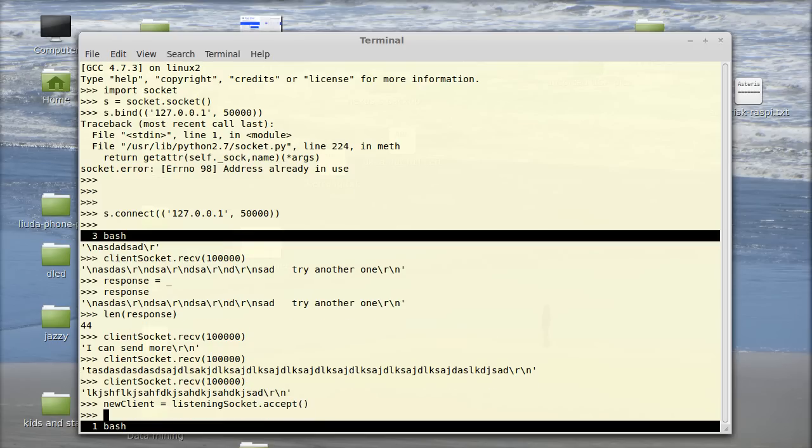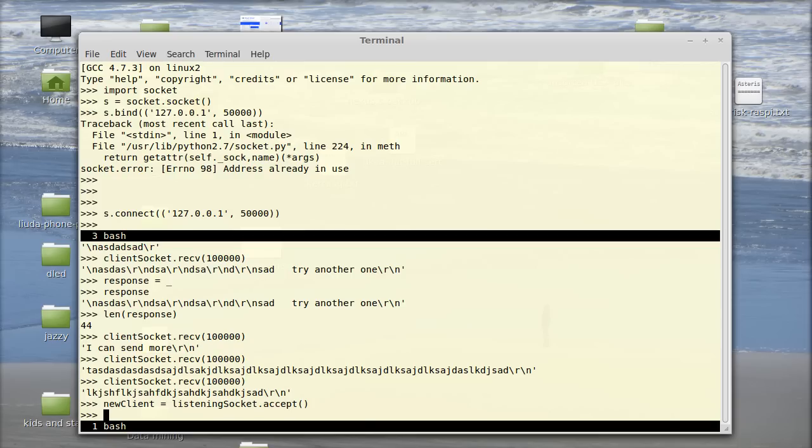What did I just do? Could you provide some comments? Yeah, so now I have three sockets. The listening socket, which keeps accepting connections. The first one called client socket, which is mapped to my telnet connection. And the other one is the new socket, which I called new client, which